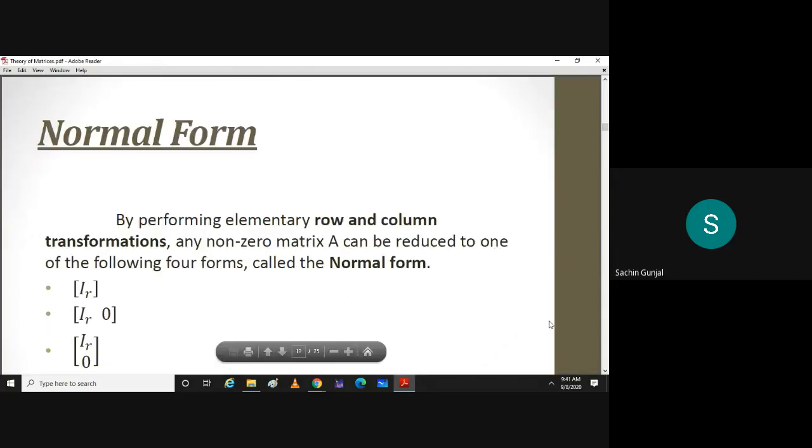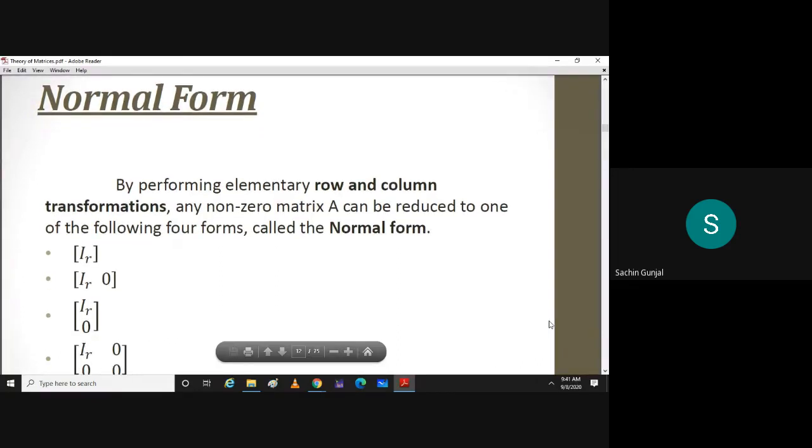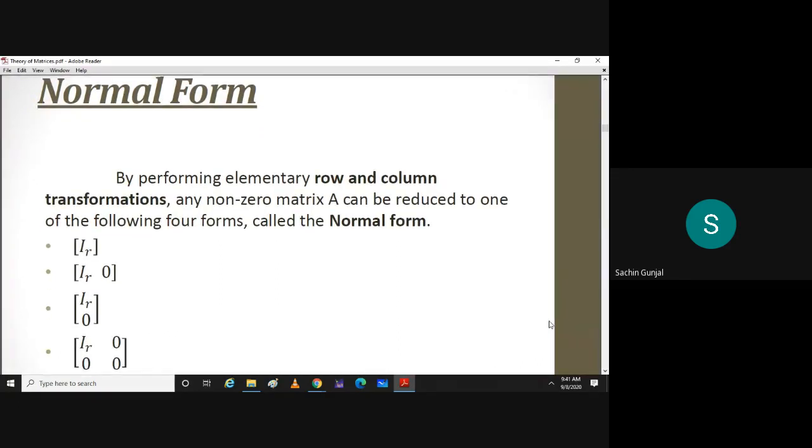All right, so let us go to the second way to find rank, that is, convert a matrix to its normal form. So I have mentioned the definition of normal form here. In row echelon form, only row operations were allowed. You are not allowed to do any column operation in row echelon form, whereas in normal form, you can perform row as well as column operations. So write down the definition.